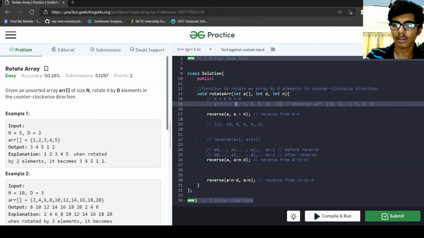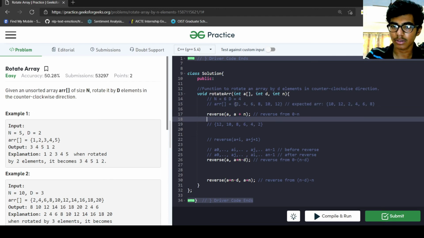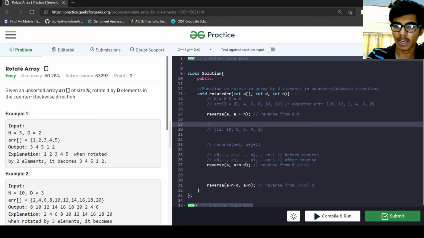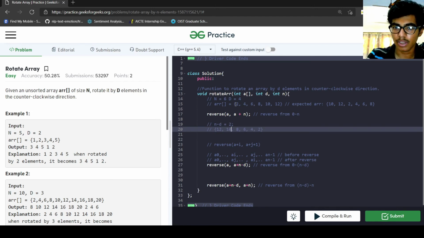So this is a, this is a plus 1, this is a plus 2, this is a plus 3, and we want a plus n minus d. Here n minus d is 2, right? So this means we have to reverse this.